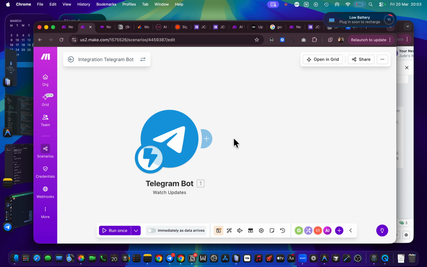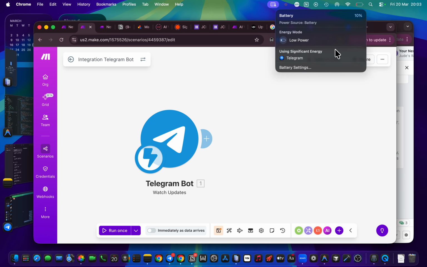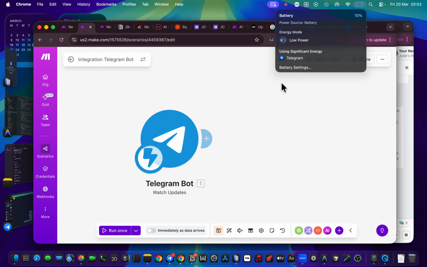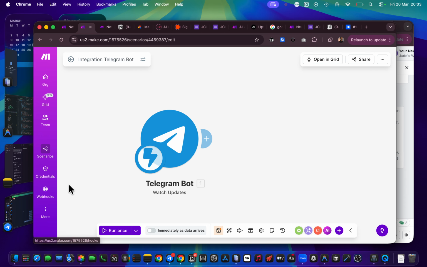Anyway, you can see this now: battery low, plug in to charge soon. So we might have to pause for now. I don't know if you guys will still be active, but I'll go outside now and see if I will be able to have power, so we can continue this class. And if not, once again, I've explained that one. Are you guys with me?